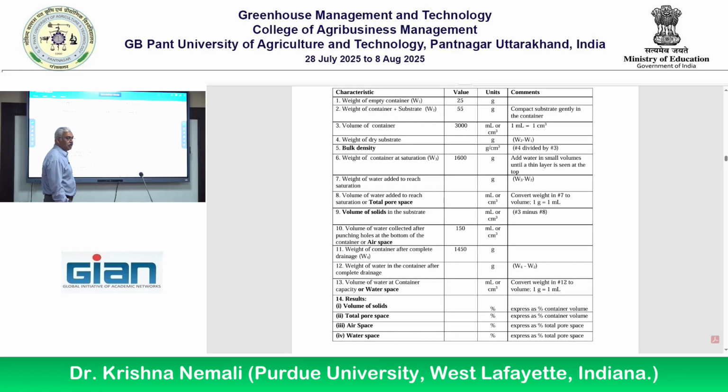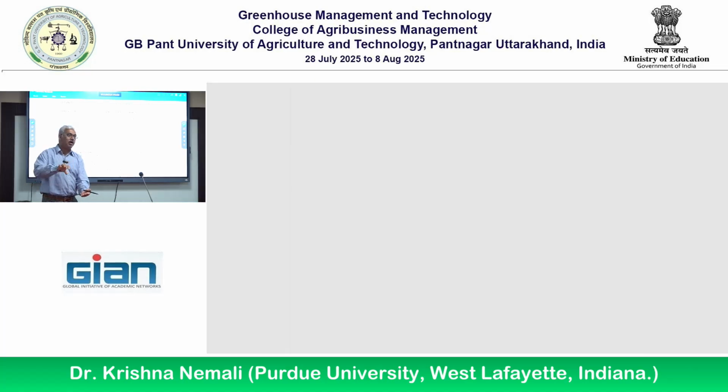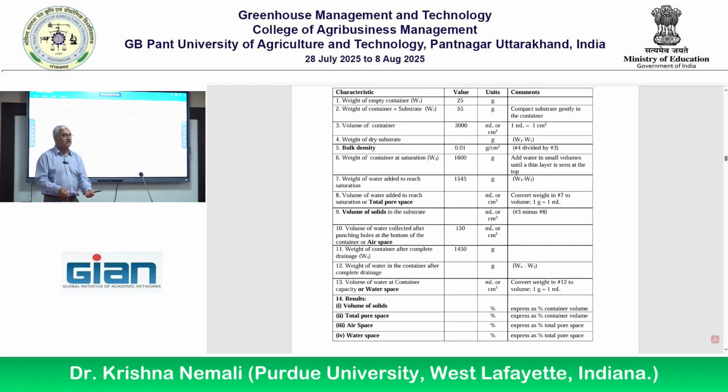It's very similar. You can keep on measuring every time as you're adding and then record that number, or if you don't want to do that, because you're starting with dry substrate, you keep on adding until a film is seen at the top, then get the weight. The difference between W3 minus W2 is the amount of water you applied, right? That is kind of more accurate because it's a weight and you're going all the way to 1 or 2 decimals. So that's the reason why we have 1545 grams. So now that can be converted into milliliters,